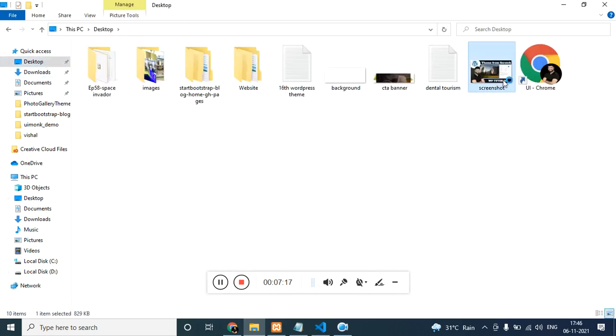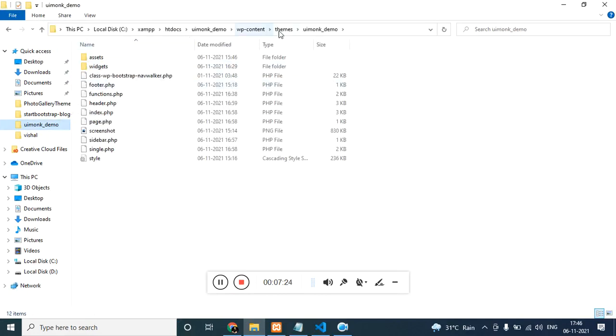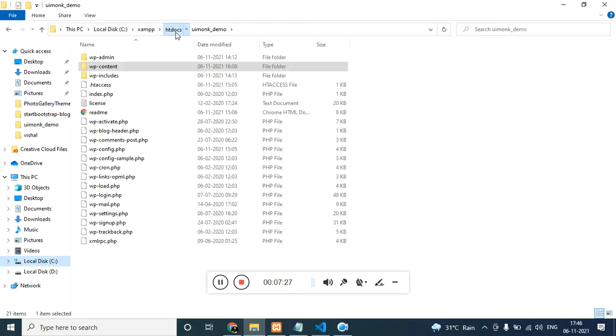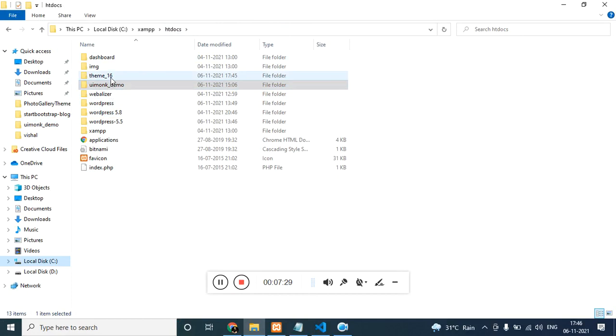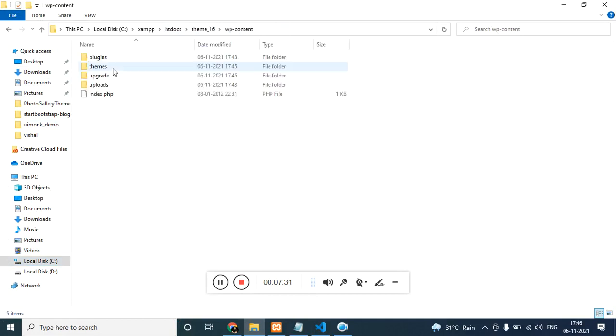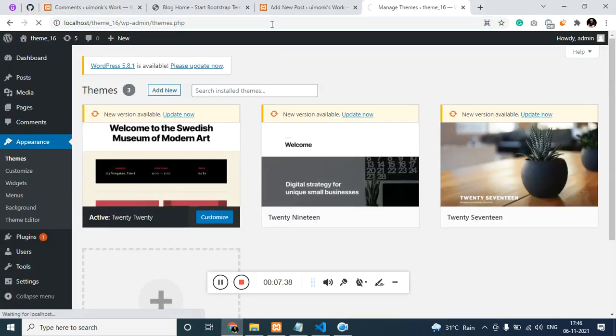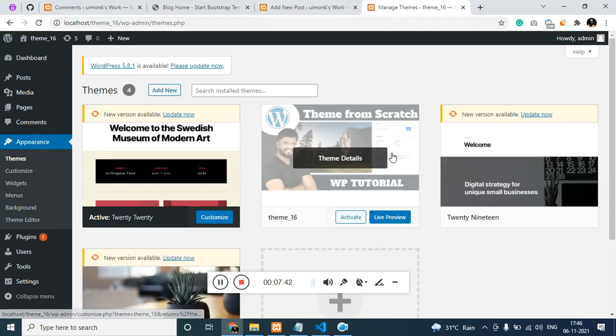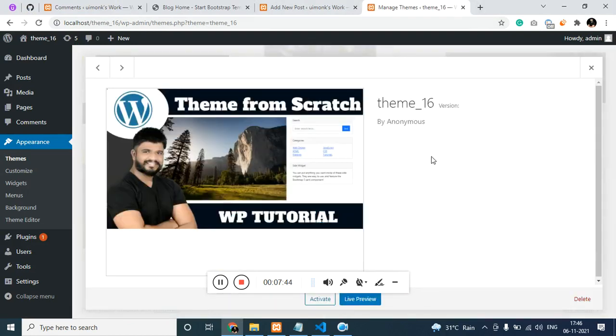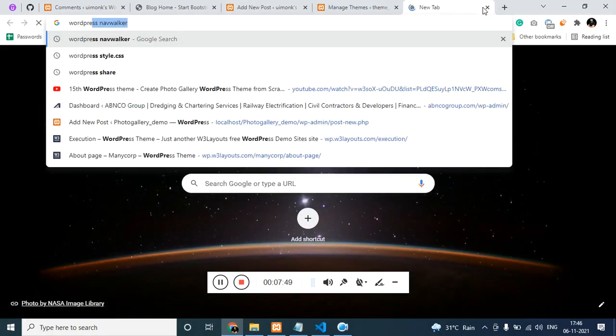Now this is screenshot.png. Just copy it and get into the themes folder which we have created. Theme16, wp-content, wp-themes, then simply paste this. So this is enough. If you refresh, you can see the theme over here. Now if you click on theme details, it will be blank. So to add the details, you have to search for WordPress